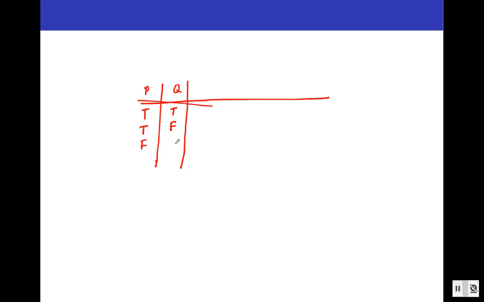And if P is false, Q can be true and false. Now first we are going to find out P implies Q, then Q implies P, and then their combination, double implication. P double implication Q means P implies Q and